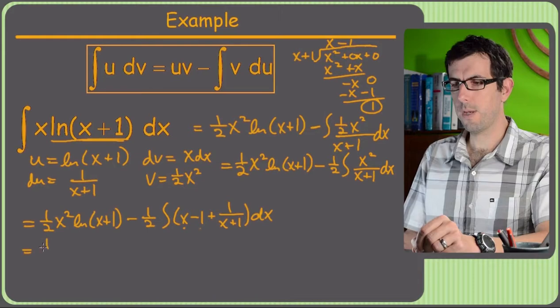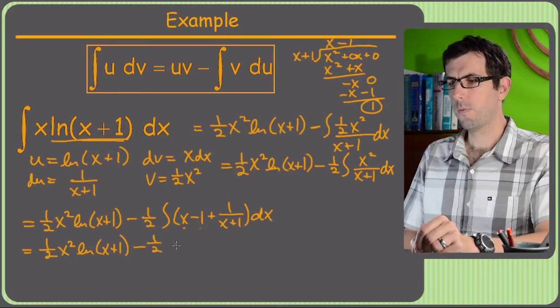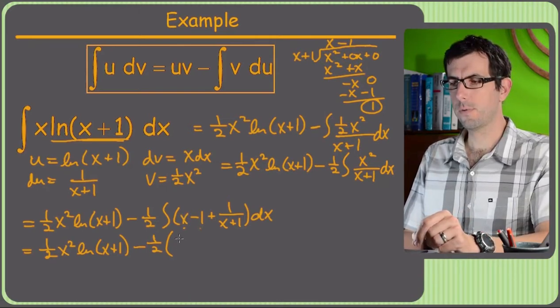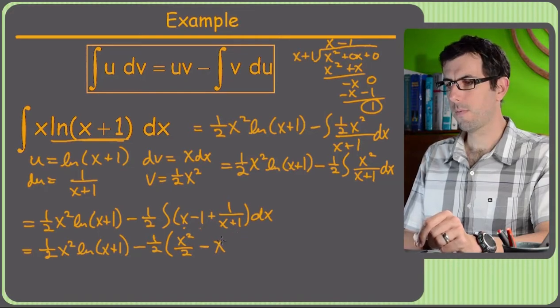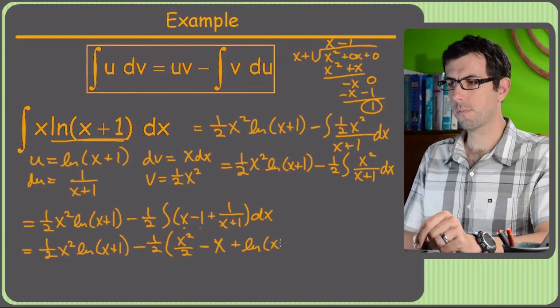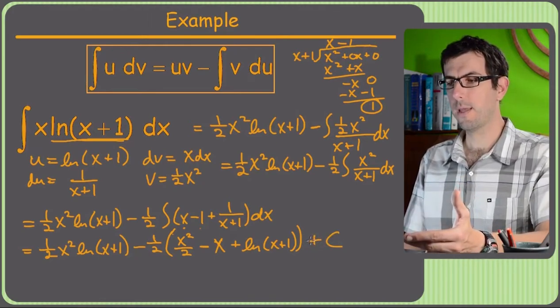So I've got 1/2 x squared ln of x plus 1 minus 1/2. All right, now's where it gets busy. Integral of x is x squared over 2. Integral of negative 1 is just negative x. And the integral of 1 over x plus 1 is just natural log of x plus 1. All right, so that is a mess, and technically I'd be done at this point,